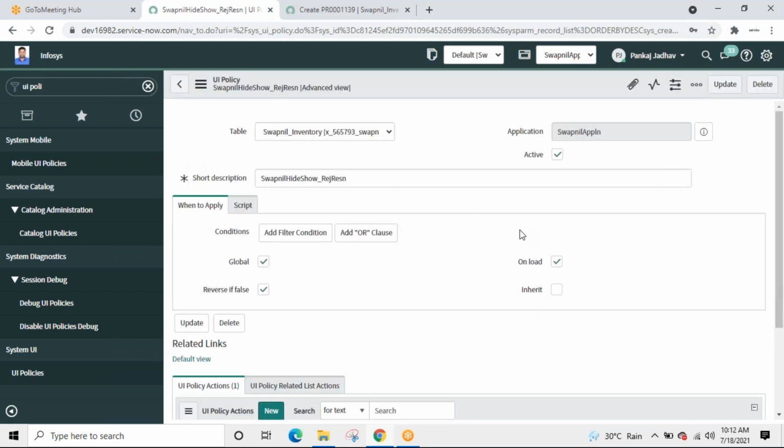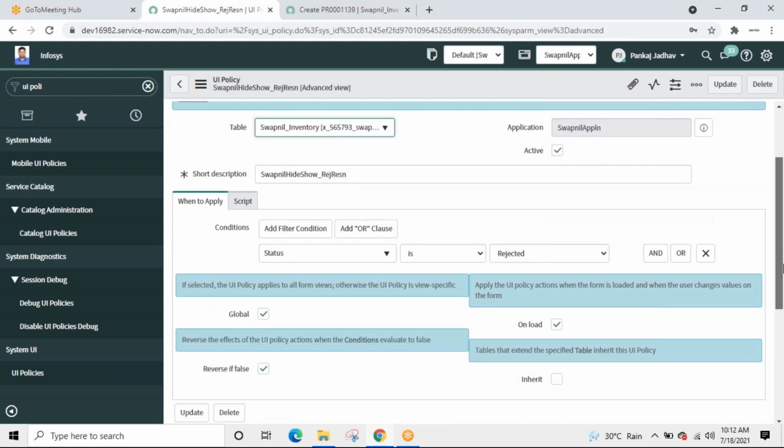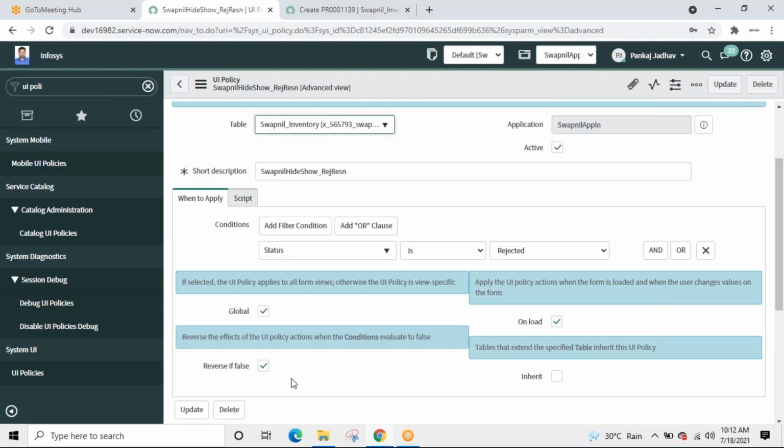And yeah, by default, reverse if false is set. If this condition is not met, reverse. That means hide that field. Status is rejected.